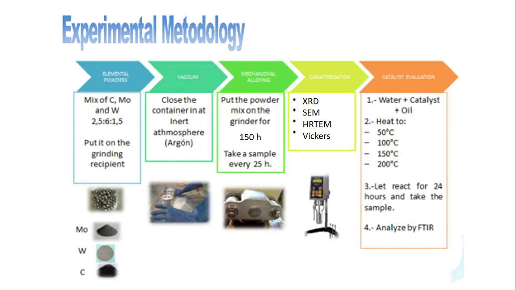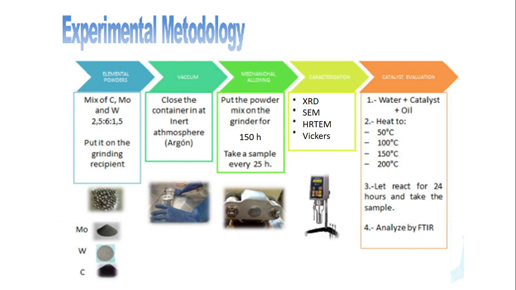The first step was the preparation of a mixture made of pure elemental powders of graphite, tungsten, and molybdenum, with the nominal composition on a weight percent basis of 15, 60, and 25% respectively. A stainless steel container held this mixture under an inert atmosphere, at a ratio in weight of 10 to 1 balls to powder. The processing of the mixture was through mechanical alloying for times of 25, 50, 75, 125, and 150 hours